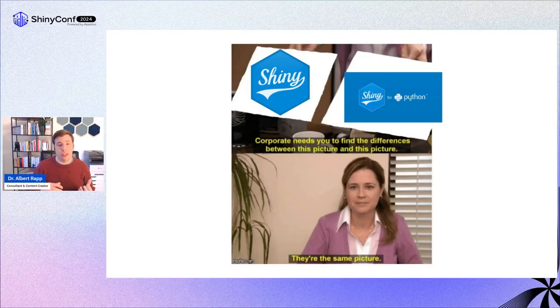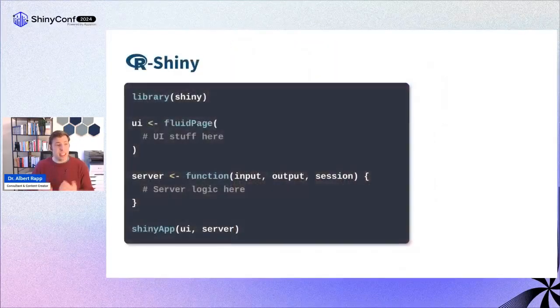And if you know R Shiny, then you will probably have no problem following along. So let's think about R Shiny. The way an app is structured is that you have the library that you call Shiny, then you have some HTML and CSS, in this case, fluid page just generates that for you. That's the user interface. And then you have as a server basically a function that takes 3 arguments: input, output, and session. And the Shiny app function puts all of that together. And that way you have a nice web app from R.